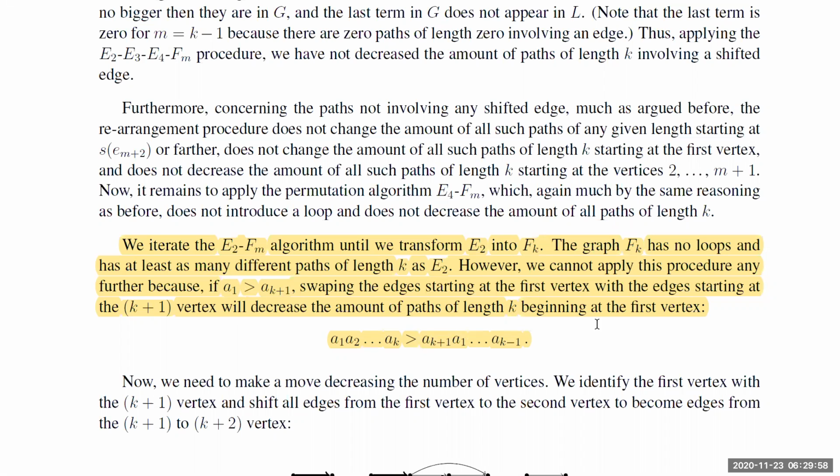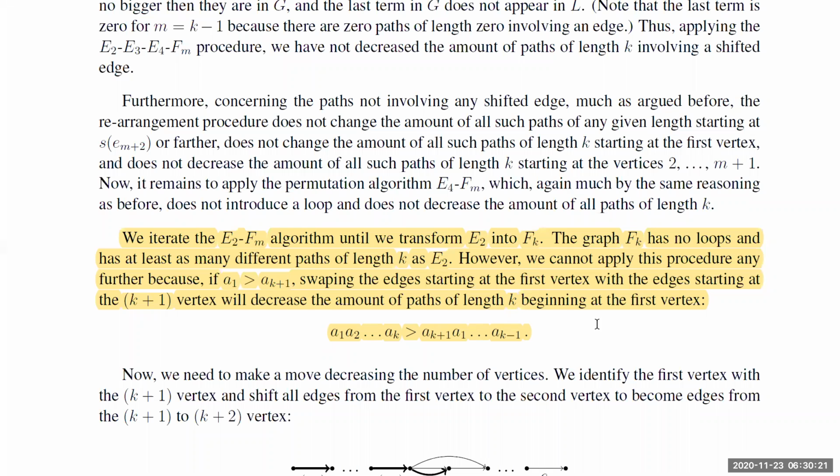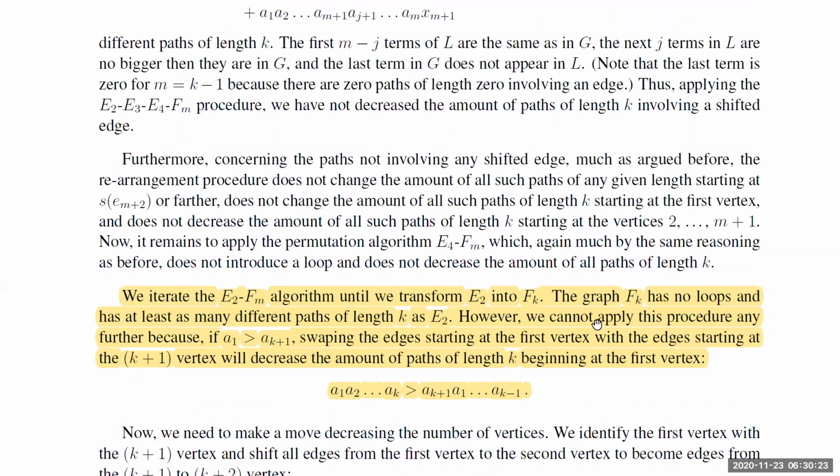So we cannot make this move anymore, because we can have a situation, I'm not saying that it must happen, but it might happen. We might have a situation in which our procedure will decrease the amount of paths of length k. So the E2 to FM algorithm is not valid beyond k. So we might end up with a